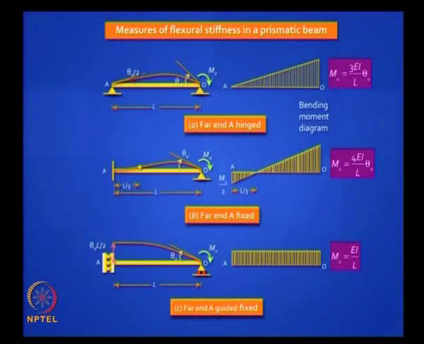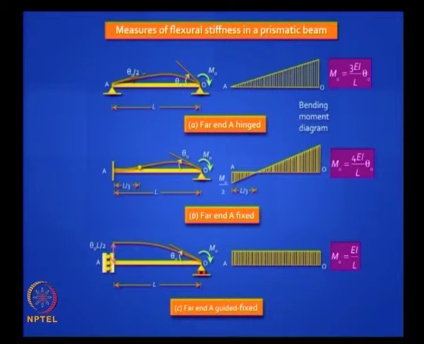you will find that deflected shape, what does it remind you of? It looks like a cantilever, right? It looks like a cantilever, and for a cantilever the bending moment diagram will be constant when you subject it to an end moment. So it is M0 all the way, and you can prove that the rotation is EI by L.